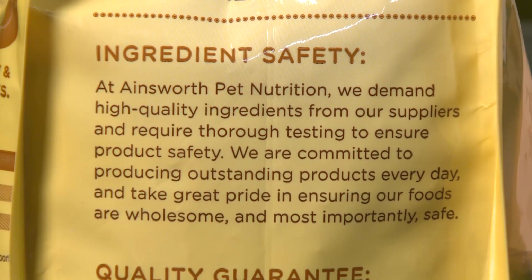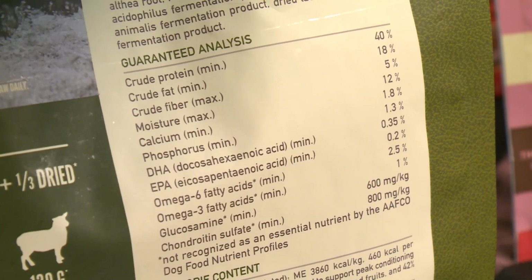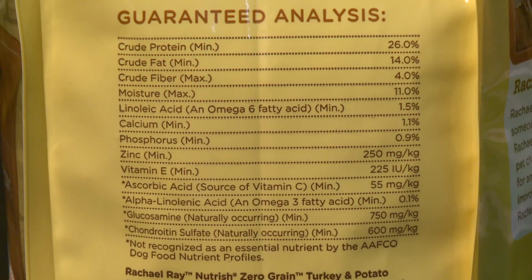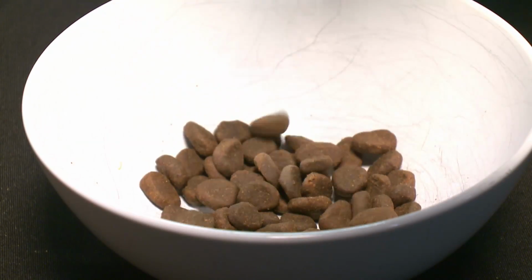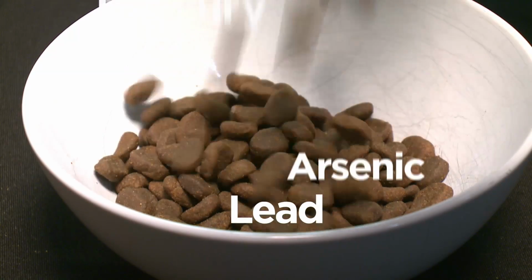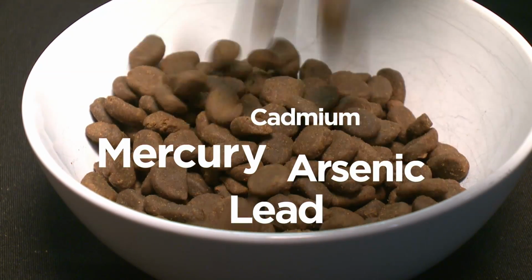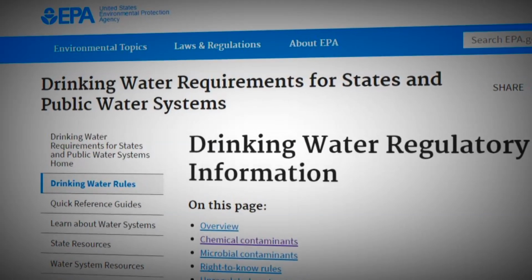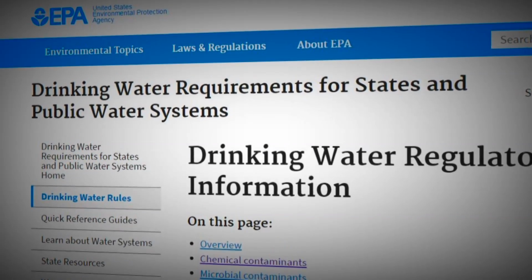Though these substances can be naturally occurring, may also be found in human foods, and each brand also had products with much better results. So exactly how much is too much lead, arsenic, mercury, or cadmium for your pet? Well, the FDA has no set limits. So Bowen says the Clean Label Project used the EPA's Safe Drinking Water Act as a benchmark. In the absence of any federal regulation that had maximum amounts for pet food, we had to rely on something that...